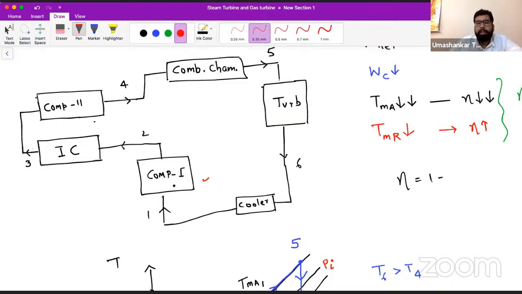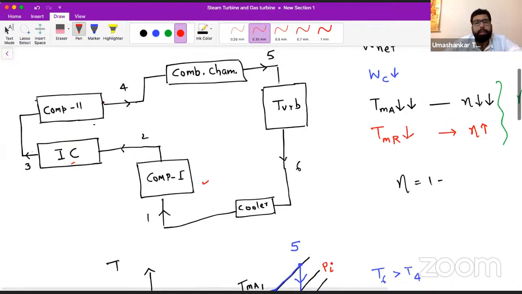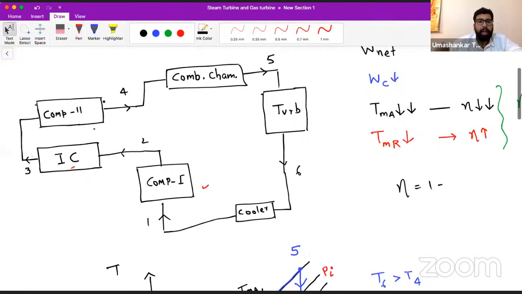So air enters in compressor 1, gets compressed, and will go to the intercooler. This is the intercooler. In the intercooler, the temperature is reduced at the same pressure. Okay, then again it goes to the second stage compressor, where we again compress it, so its pressure is again